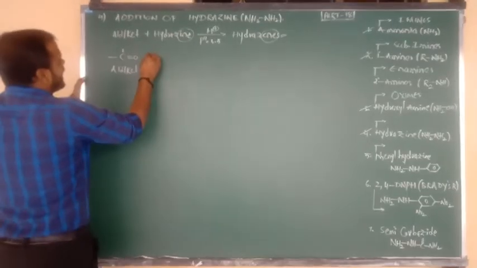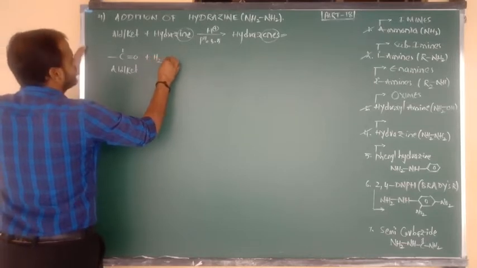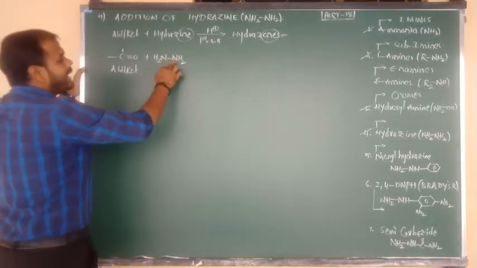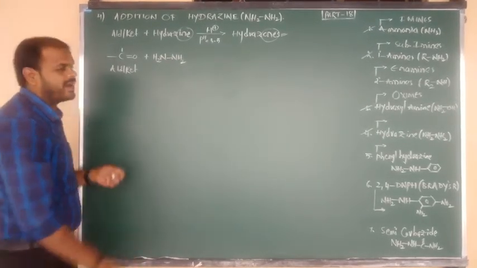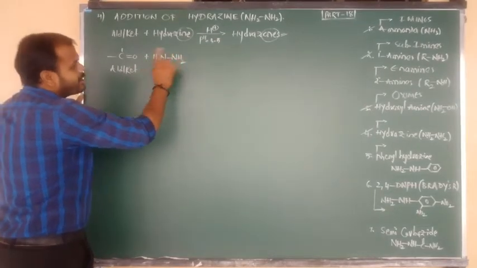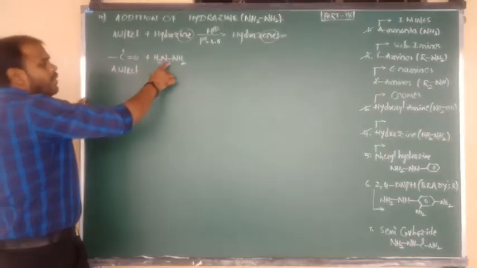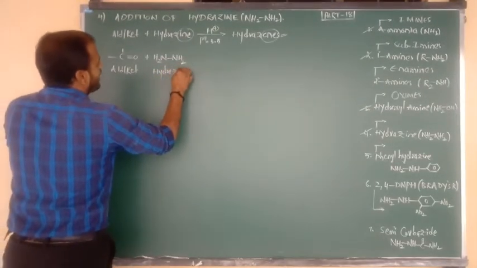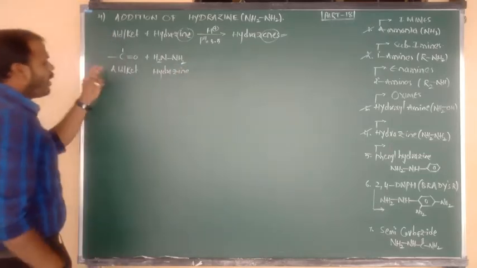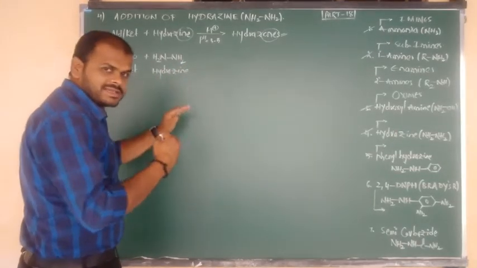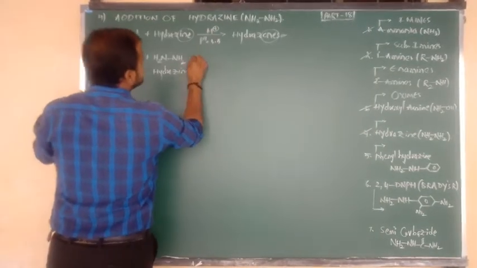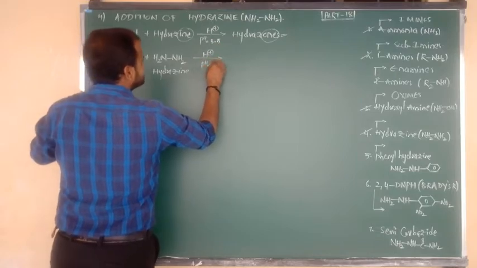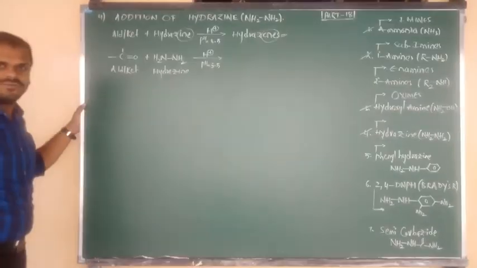It reacts with hydrazine. What is the formula of hydrazine? NH2 bonded to NH2. No problem, beta. NN is called a catenation linkage. So nitrogen connected to 2 hydrogen, nitrogen connected to 2 hydrogen. So NH2 bond NH2 is your compound, hydrazine. Aldehydes and ketones upon addition with hydrazine: addition takes place in an acidic medium, with addition of H plus, and the pH is 3.5.